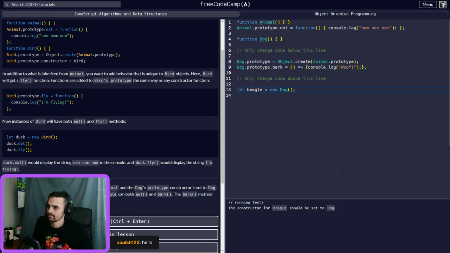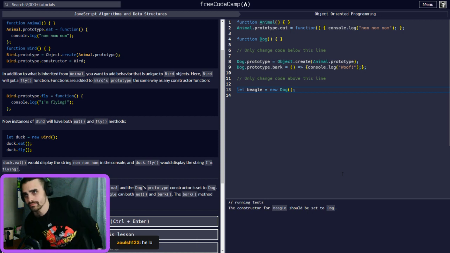And the dog's prototype constructor is set to dog. It is set to dog.